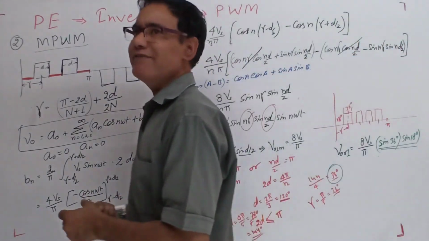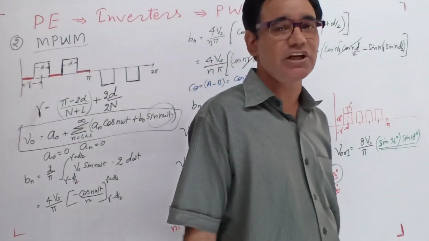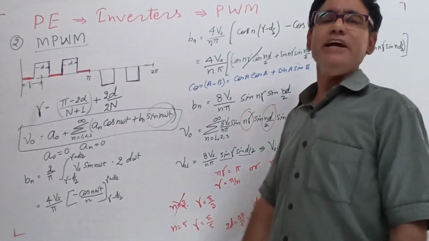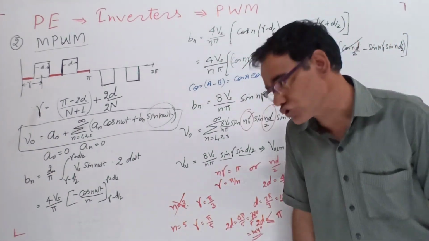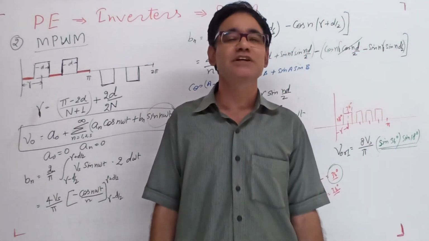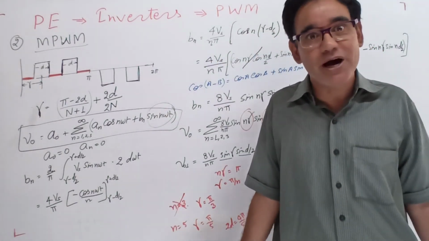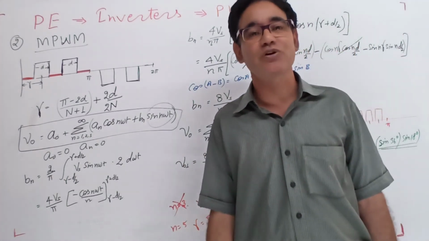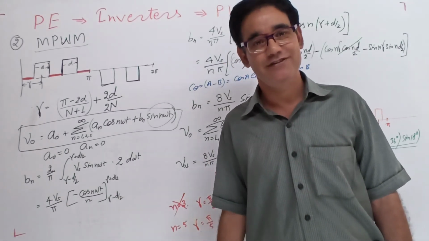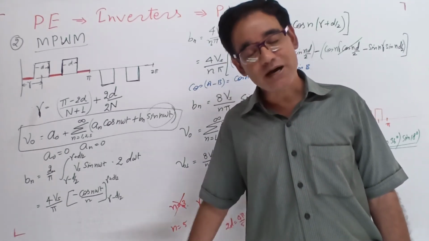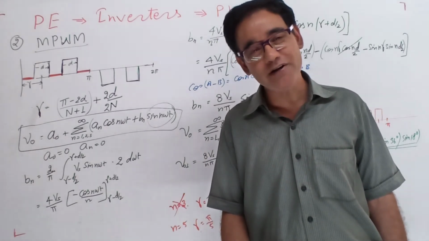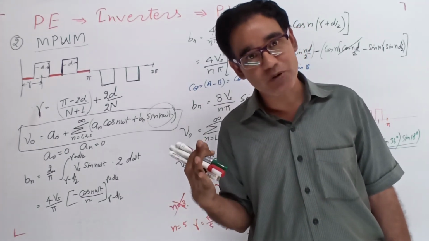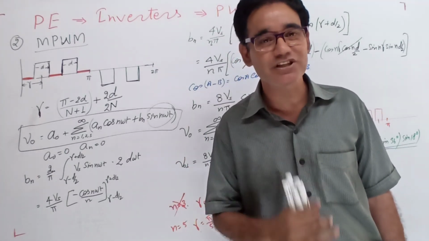So in this way we can eliminate a particular harmonic, but there is a reduction in the output also. This is a very good technique to control the output voltage and the harmonics, but we have to compromise between two things, the reduction in the output and the elimination of harmonics. Which one is essential? If harmonic elimination is most important, then firstly take care of the harmonics. If the output is very important, then take care of the output, not the elimination of the harmonics.